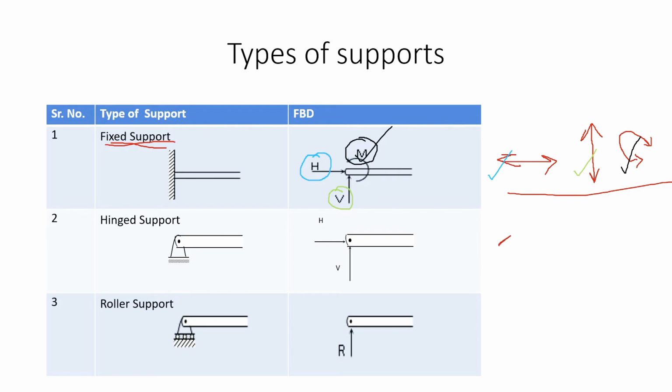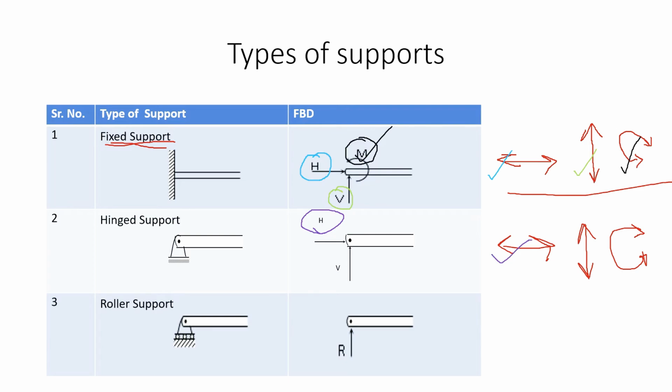Now again, any body can perform three different motions in a 2D plane. With this, let us start with the hinge support. So what is hinge support? In other words, I can say that it's a pin support. In pin support, we know that a body can rotate about that pin. So here first, which motion is restricted? Any body that is pinned cannot have horizontal motion, so a horizontal reaction is provided.